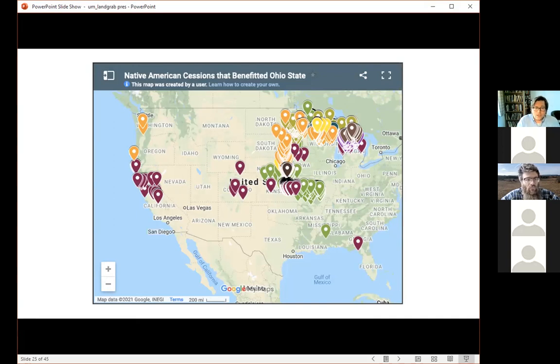So first, let's take a look at some of the coverage. There have been three areas we've seen reporters play in when it comes to taking on the story. They've been localizing the story, contextualizing the story, and adapting the story and the data. The investigative news outlet Eye on Ohio, which produced what you're looking at here, mapped all the lands that supported Ohio State University. That's more than